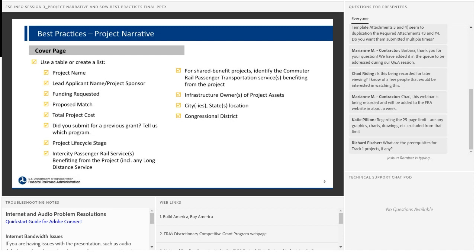The project lifecycle stage, as mentioned, and intercity passenger rail services benefiting from the project. For shared benefit projects, identify the commuter rail passenger transportation services benefiting from the project. Infrastructure owners of project assets, your location for the project, and congressional districts involved too.